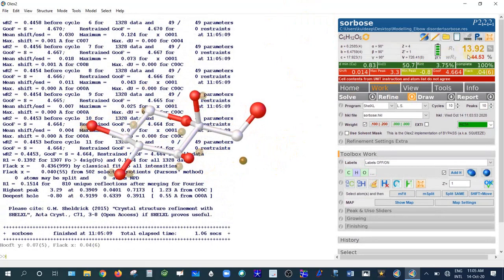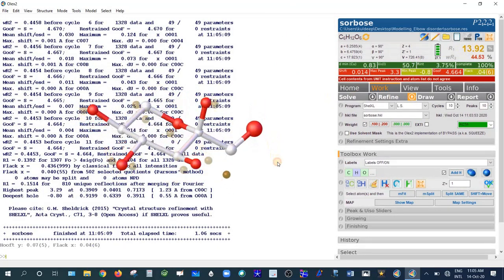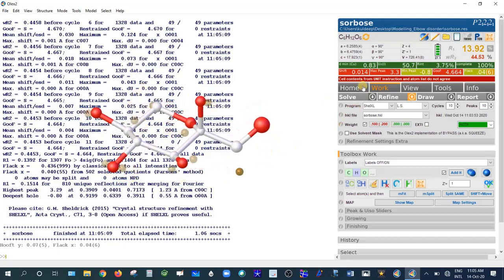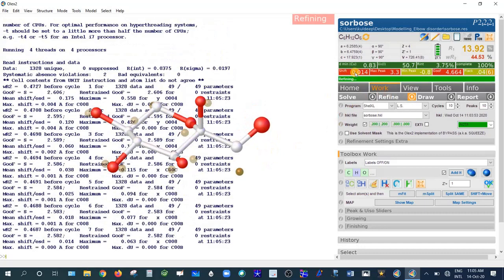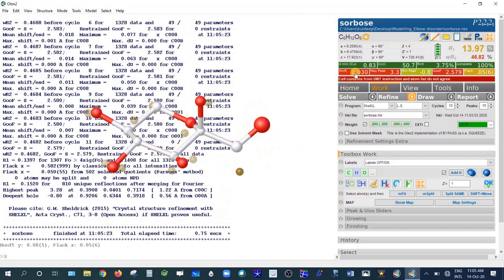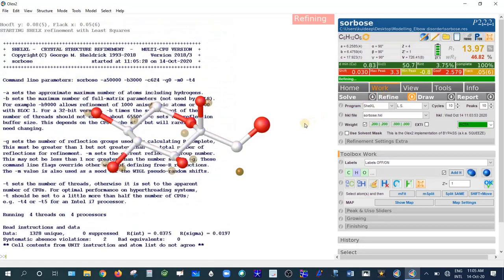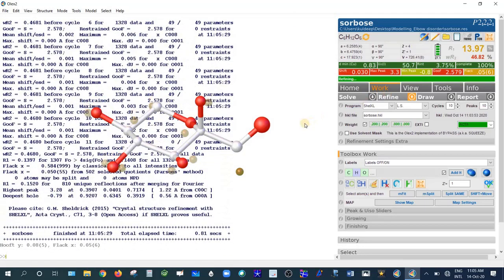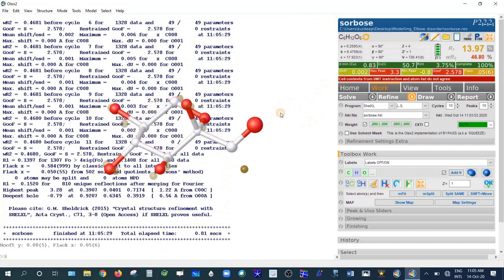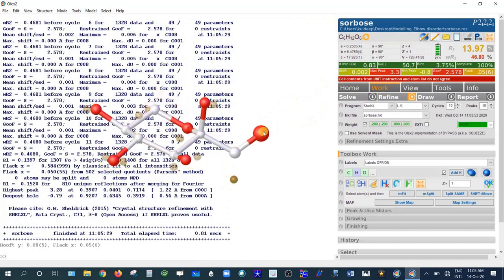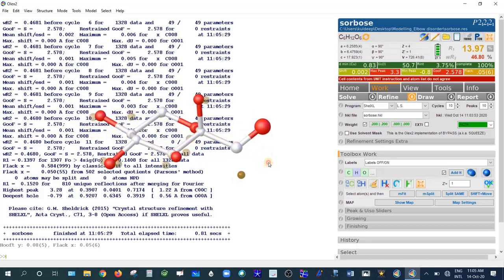The R factor is around 14. Refine one more time so the shift gets stabilized. One more time. Okay, the shift is almost stabilized. If you carefully look at the thermal parameter of this oxygen atom, it is 0.053, it is 0.027, it is 0.0173, 0.023. So if you carefully look at the electron density map,